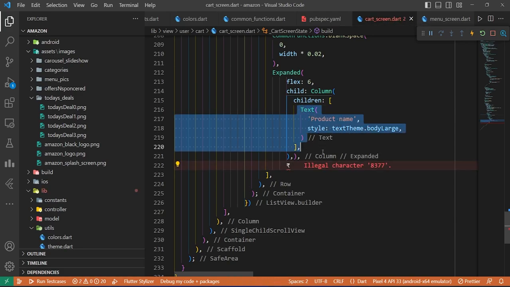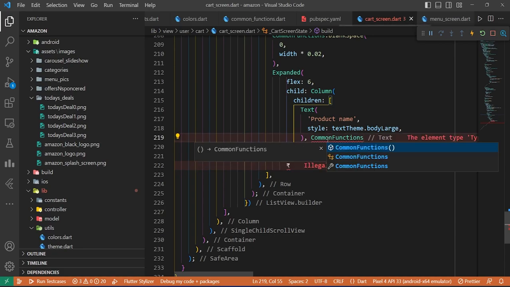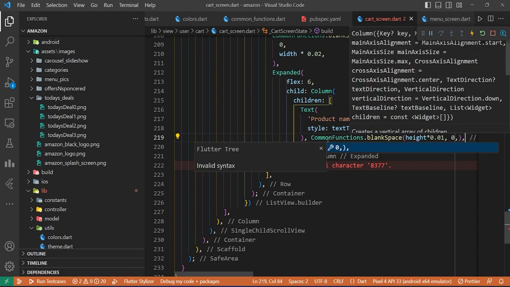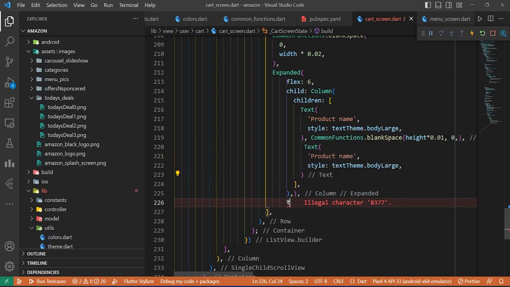I will again copy this text, comma, add a little bit of blank space. Height gonna be height into 0.01, width gonna be 0 here, and then here comes our text, and it will be